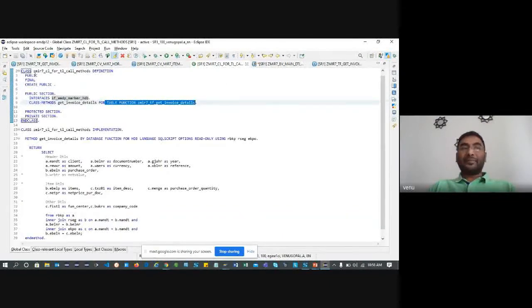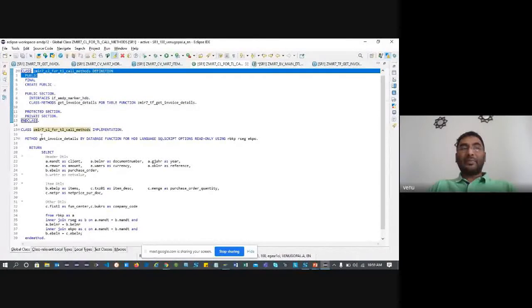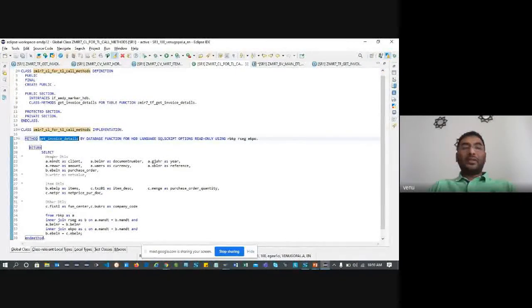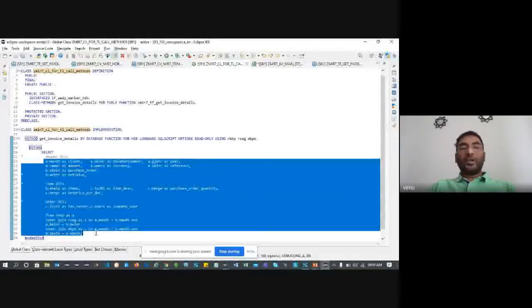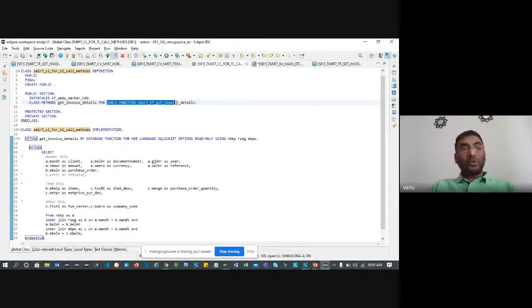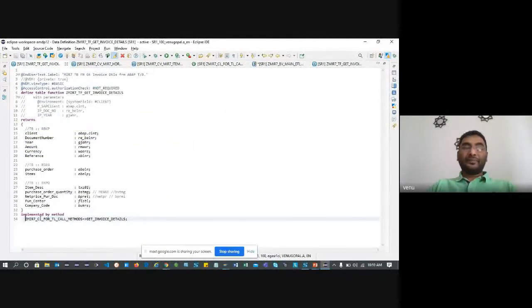The same class name and the same method name. Now the logic is yours, whatever logic you write depends on your business scenario. Only the fundamentals are the thumb rules: how to define, how to communicate, how to call your table function, and how to call this AMDP inside the table function. These are the two thumb rules, and the logic is on your own.